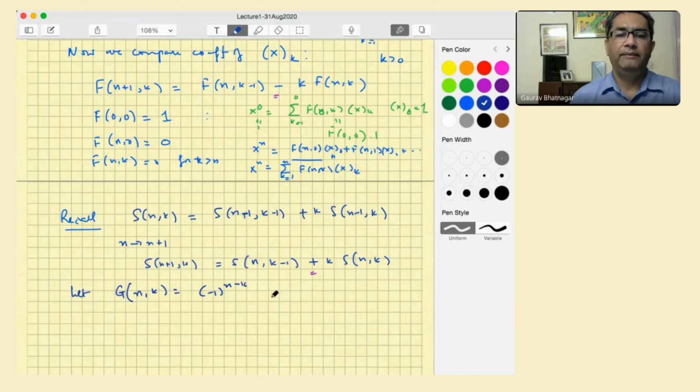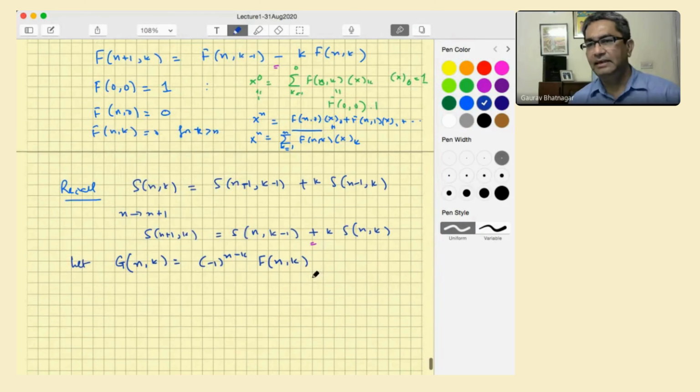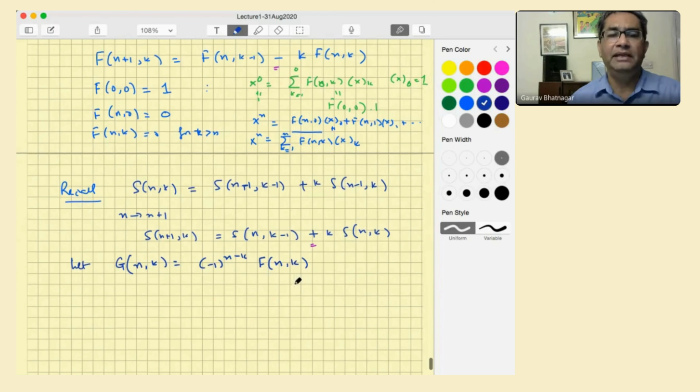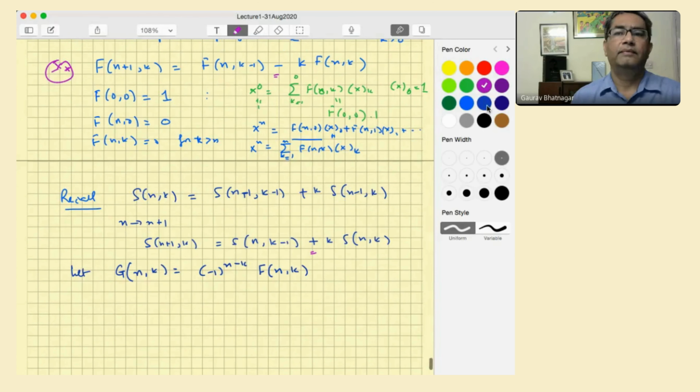So let me, I want to calculate f_{n,k}, and I think it's the same thing as Stirling numbers except with some plus and minus signs. So let's let g_{n,k} be this. Then from this guy, right? So if you multiply this chap by minus 1 raised to the power,